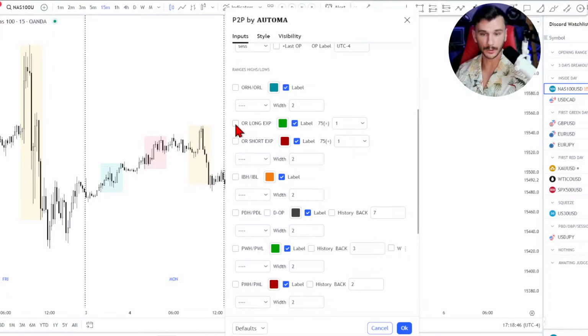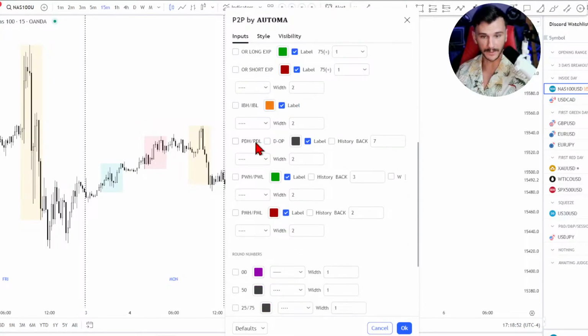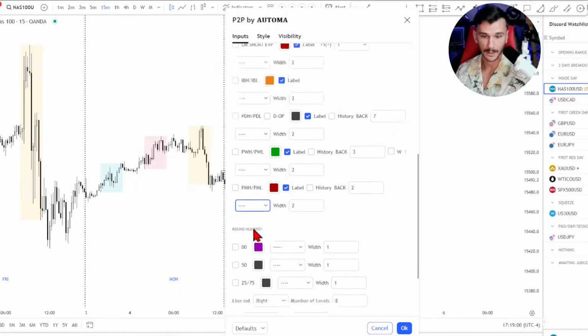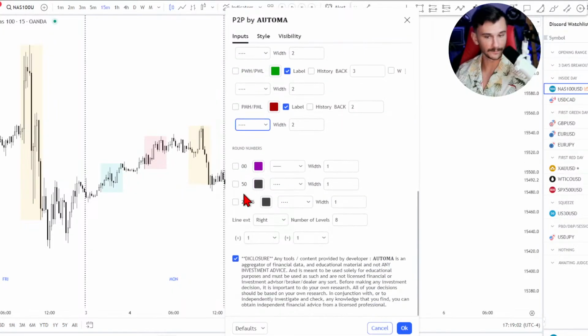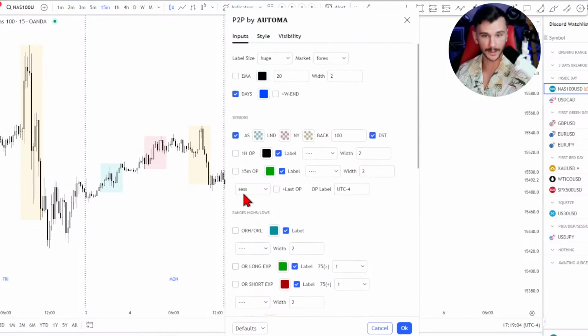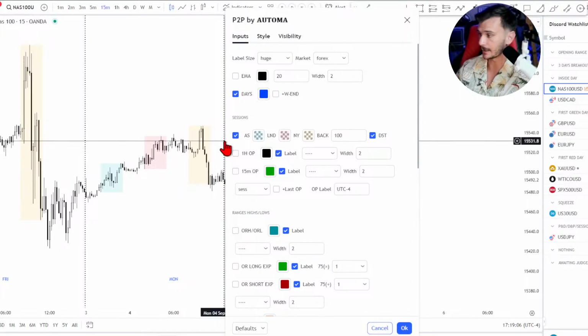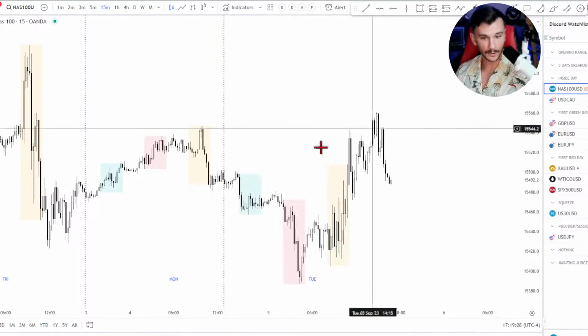It'll even measure 3 levels of rise or fall from opening range high and opening range low. You can also do your previous day's levels, previous week's levels, and previous month's levels, all right here. Again, history to take it back, and you can do circles, whatever you'd like to do. Numbered boxes, it's all here. It's an all-in-one indicator. It is free, and it's in Discord. Please just go there and grab it. Fantastic. I don't have to go through that anymore.